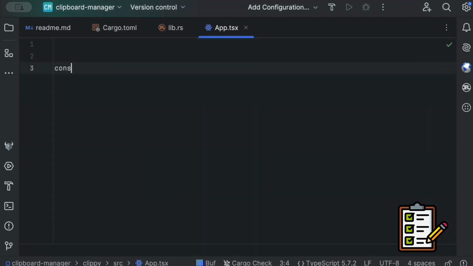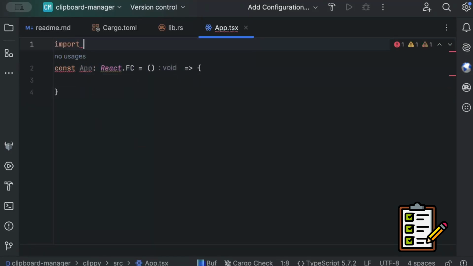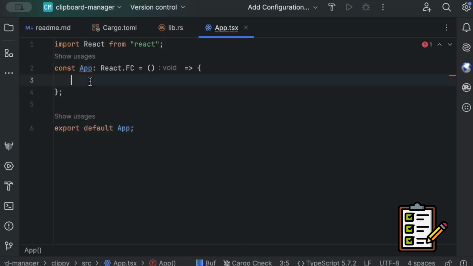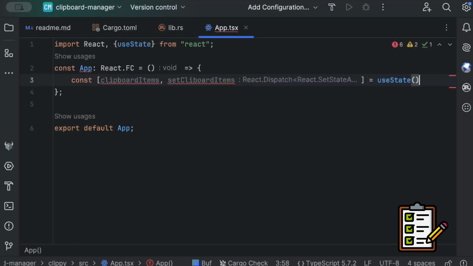Now here we'll add FC, so functional component App: React.FC, and import React from react, and right here we'll just export default App. Now let's add a few states that we need. So const clipboardItems, setClipboardItems, useState, string,